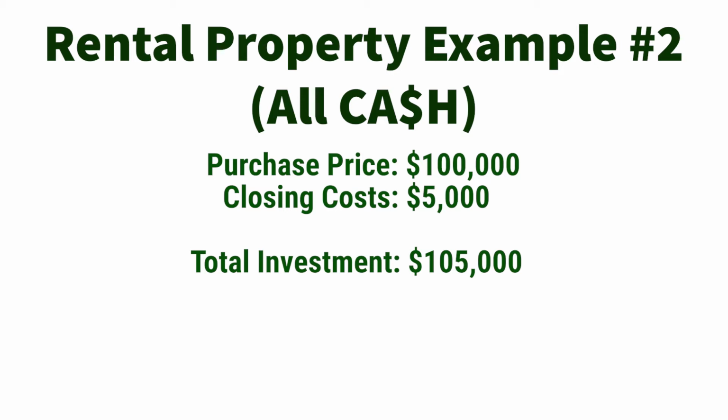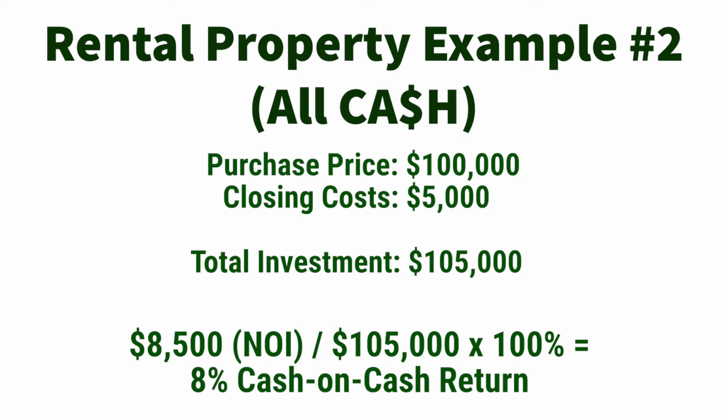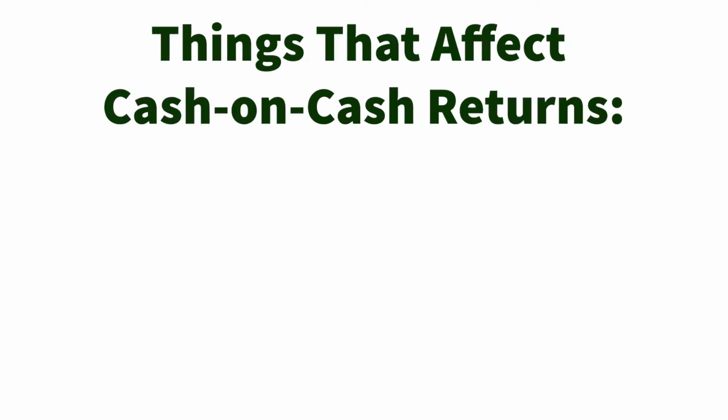So let's say that you made your net operating income $8,500 annually because you don't have any mortgage to pay. Divide $8,500 by $105,000 in actual cash that you have invested in this deal, and you're going to have an 8% cash-on-cash return. This cash-on-cash return can obviously fluctuate over the course of time that you own your property,